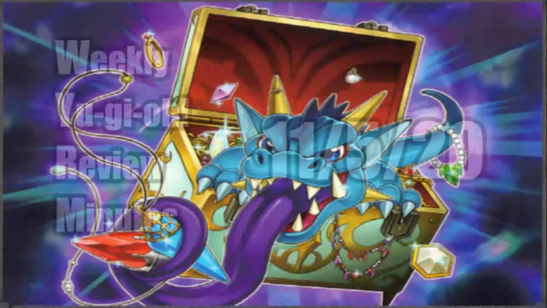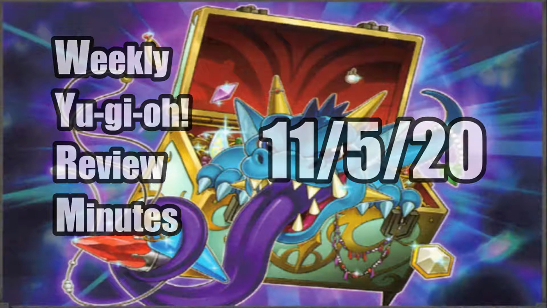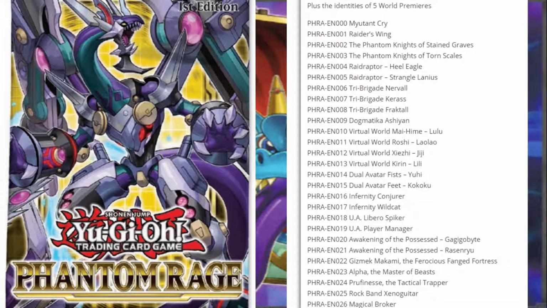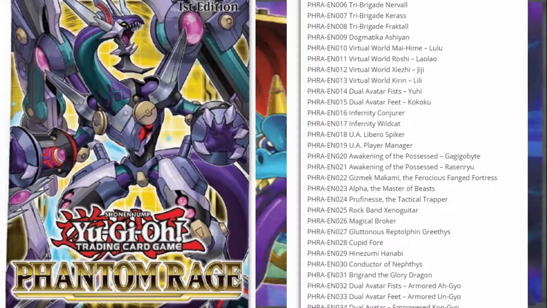Welcome to W.Y.R.M, or the Weekly Yu-Gi-Oh! Review Minutes. This is the pilot episode detailing the first week of November. First up, we have the set list for Phantom Rage, new archetype mutants coming to the TCG, but more interestingly